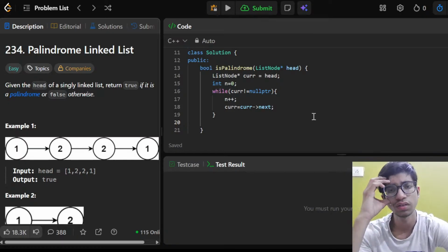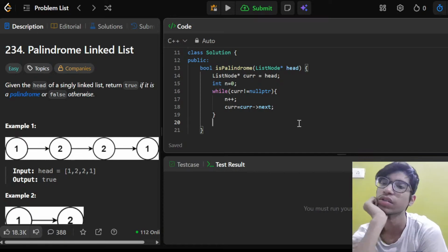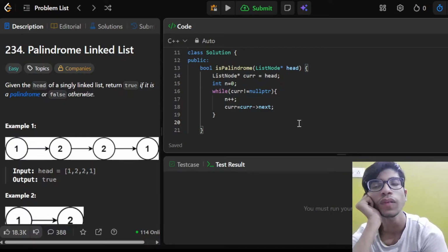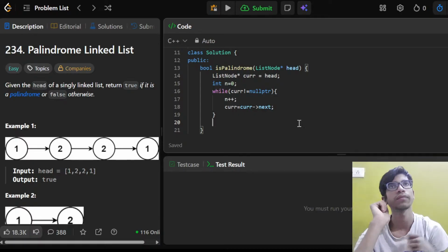So let's just do this then. Because they are even, I need to divide them into half. So dividing them into half, what does it mean? I want to reach till 2. 4 is my length right now, and I start from 1. So while 1 is less than or equal to 2, which means n by 2, I will do next. Yeah, right.